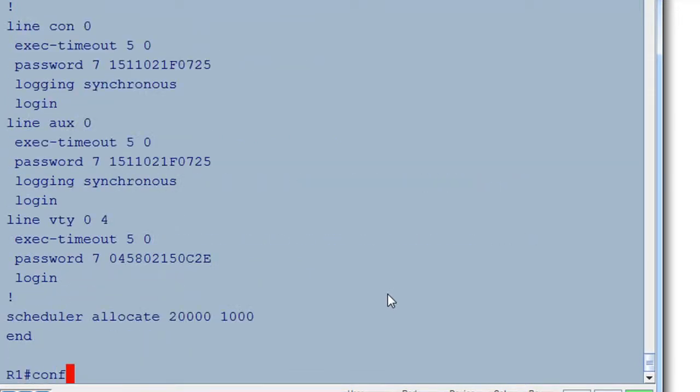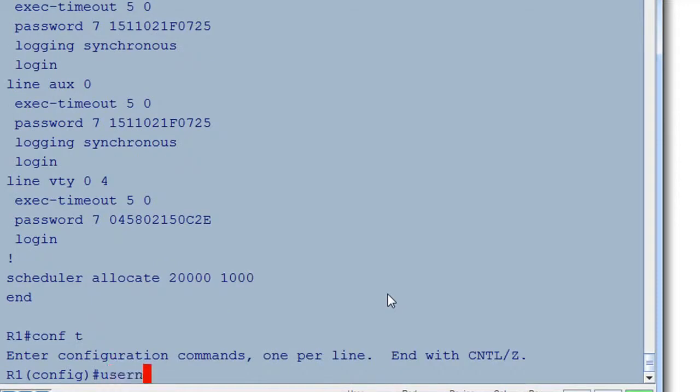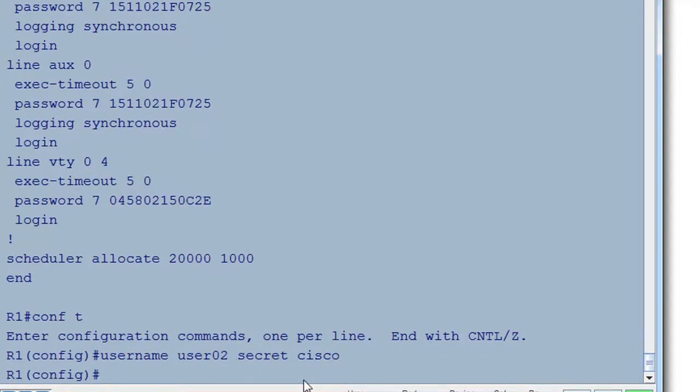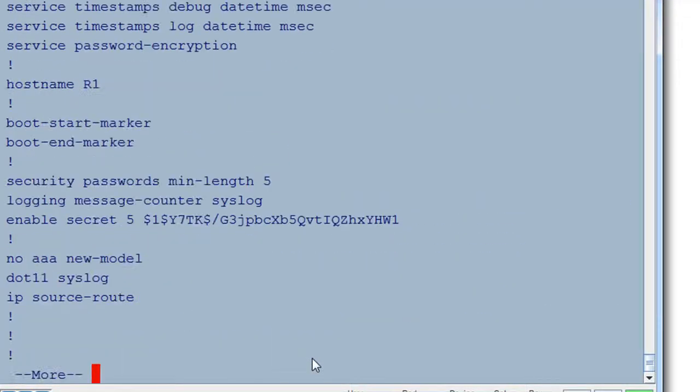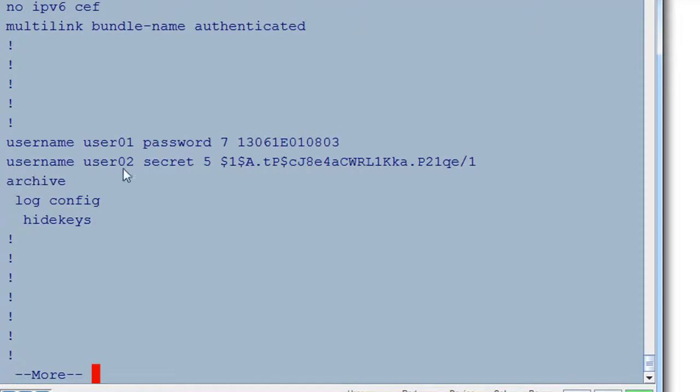Let's make a second user. This time we'll do it differently. We'll say username, and this is just following once again the curriculum guideline, the step-by-step guide. Username user02, and then this time we'll say secret, and then we'll also use just the word Cisco, right? So username user02 secret Cisco. We'll hit enter, and now this will be a secret password, which will, I believe, give it the MD5 encryption. Let's test it out. Control C, show run for show running config, and there it is, username user02